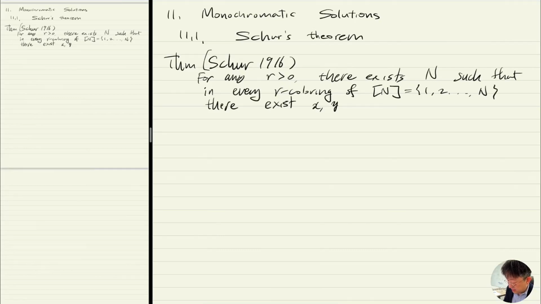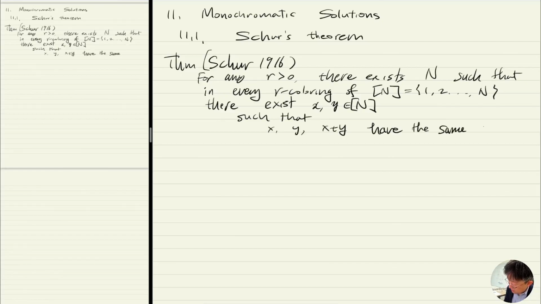there exist x, y in [N] such that x, y, and x plus y have the same color. So no matter how you color the positive integers with finitely many colors, you have two integers x and y such that x and y and x plus y have the same color. And the proof is